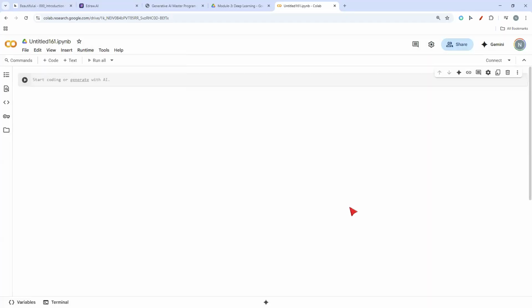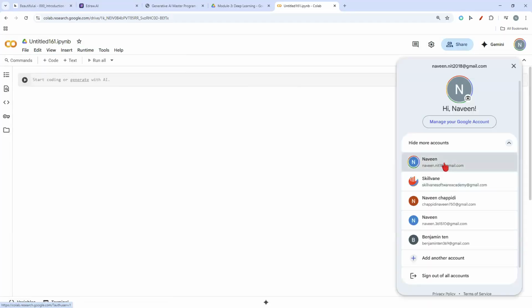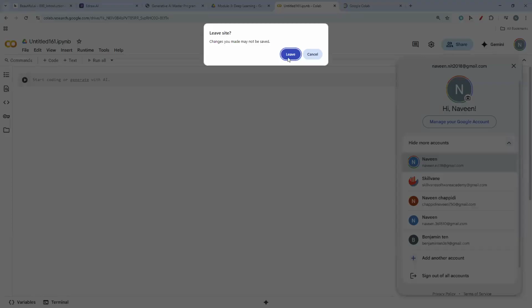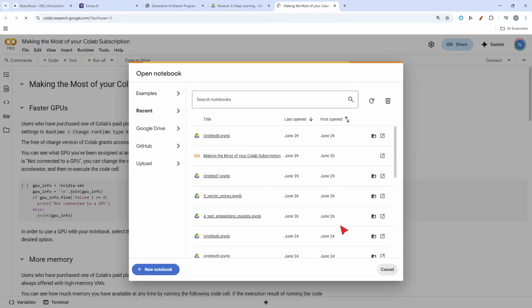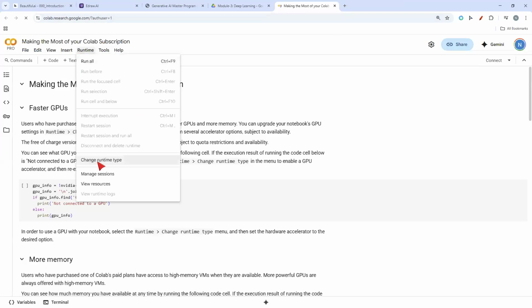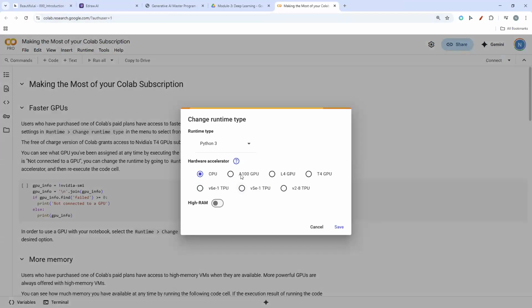Let me show the GPUs here. You don't require a special laptop or anything. You can use the virtual system provided by Google using Google Colab. These are all the GPUs. Using these GPUs itself, you can even do the fine tuning, right?